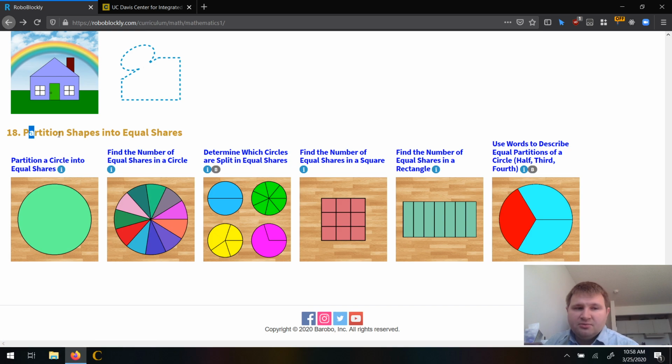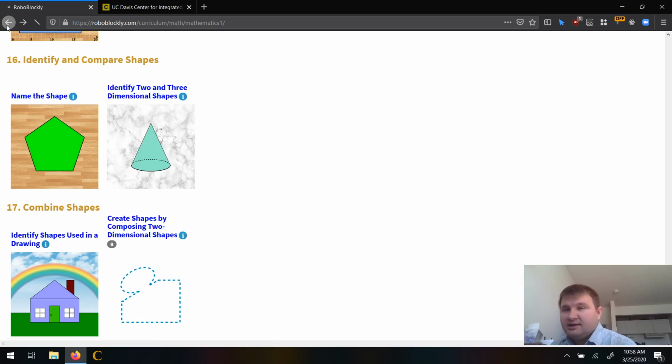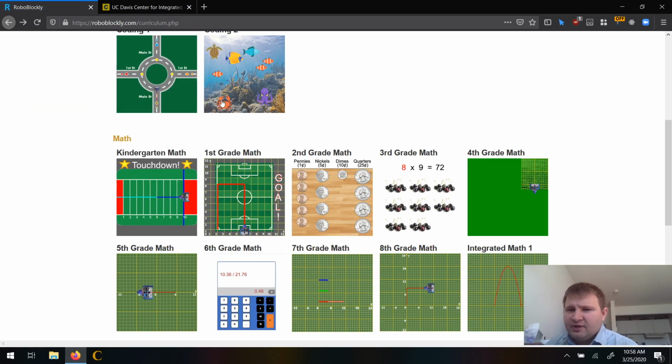We go into partitioning shapes into equal shares, so we might have a circle, and then we might split that up into a number of little segments of that circle, or cut it in half. We might take a square and split it into equal sizes, or take a rectangle and split it into equal strips, and so on. So I'm going to click my back button now and dive through the second grade just